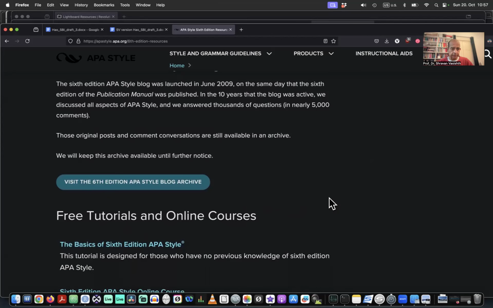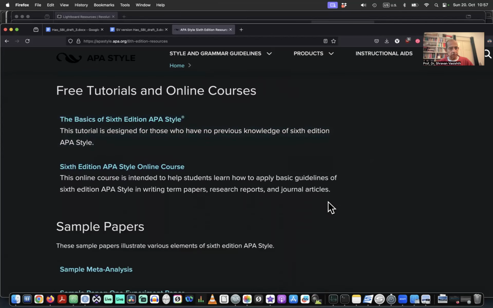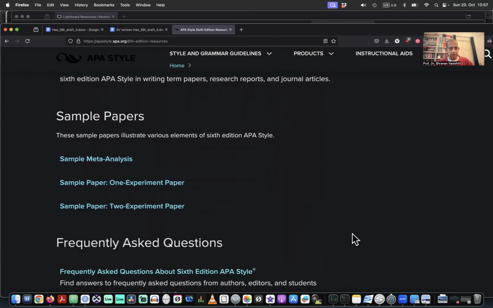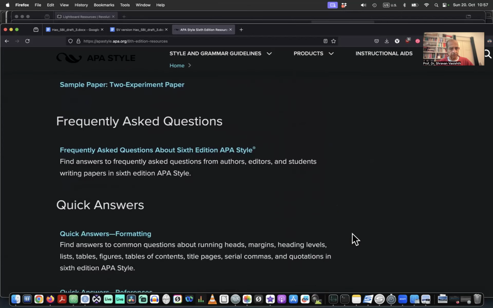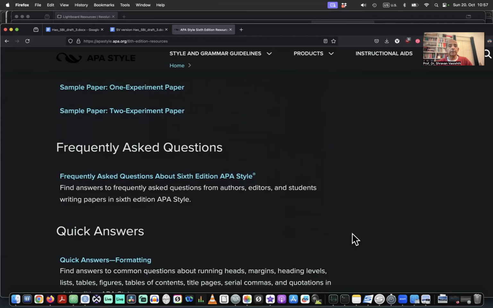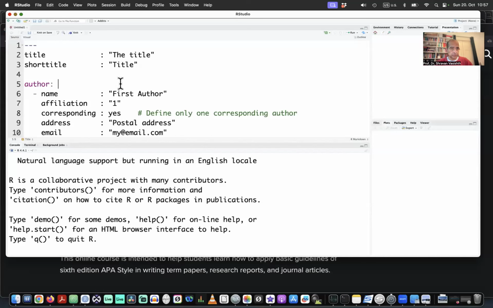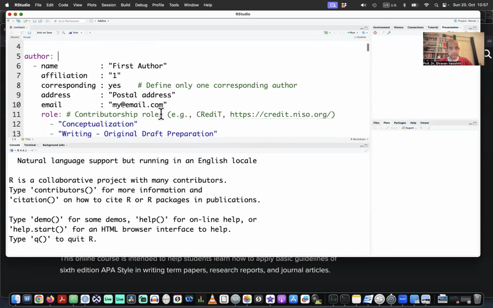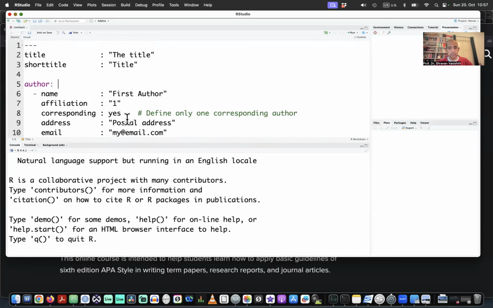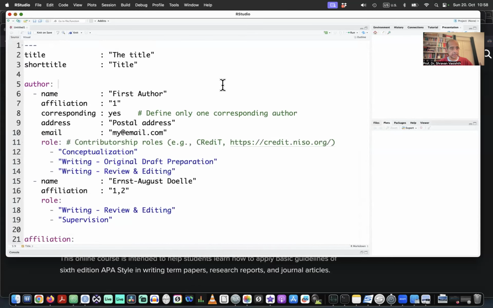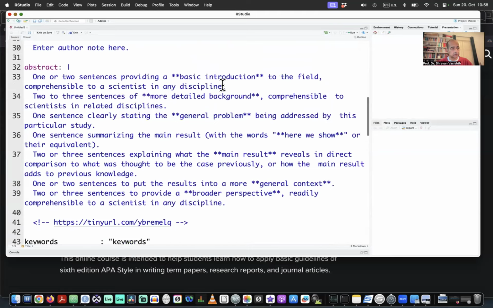So you don't actually need to read this entire book. You can find summaries of it online which explain what the conventions are. But what I just did is create a template from the papaya package that allows me to prepare an article that will turn up in APA format once I compile it, right? This should look familiar to everyone. This is just the header of the R Markdown format